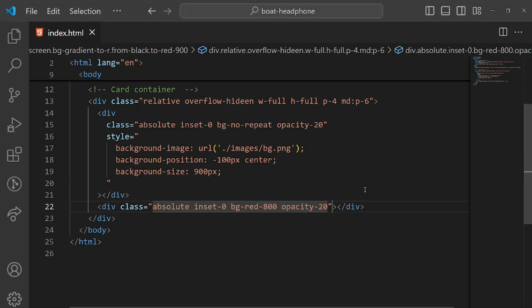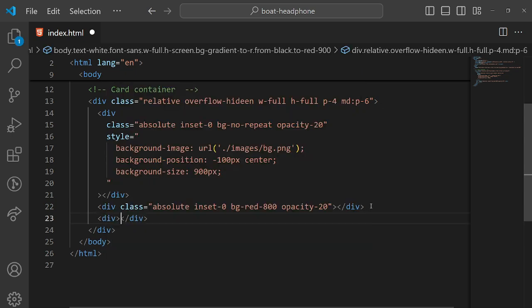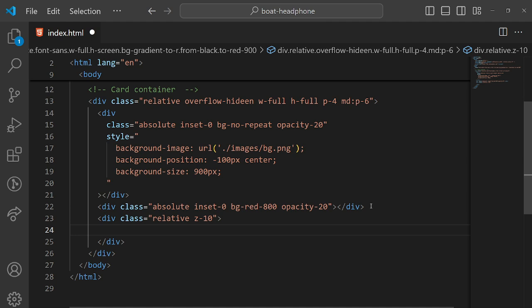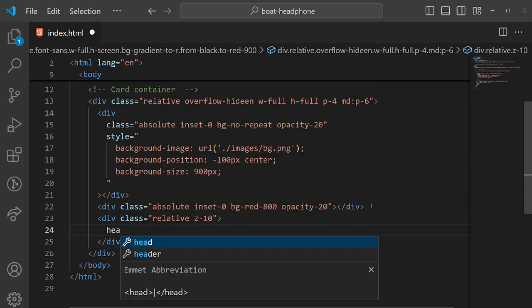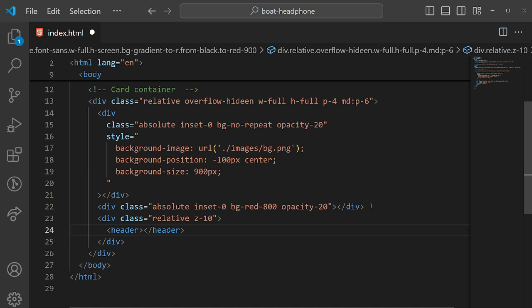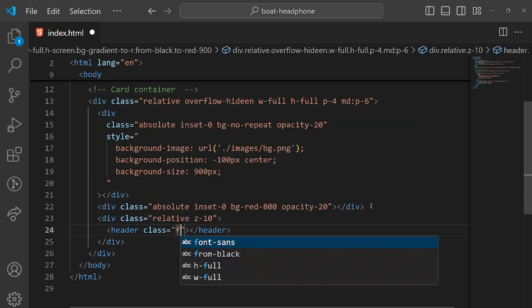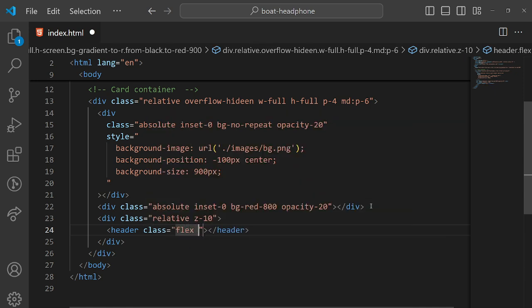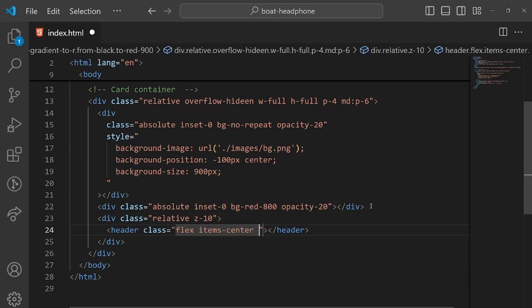So for that, after this div, need to create another div and the class is position is relative and the z index is 10, and inside this div need to create a header tag and the class is so display flex item center justify is between